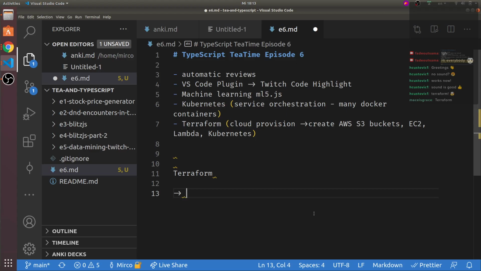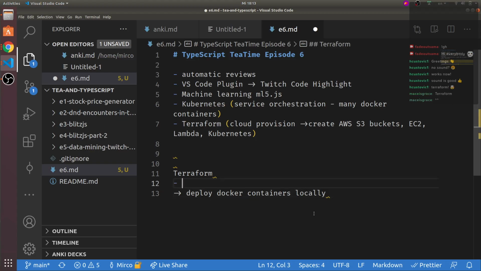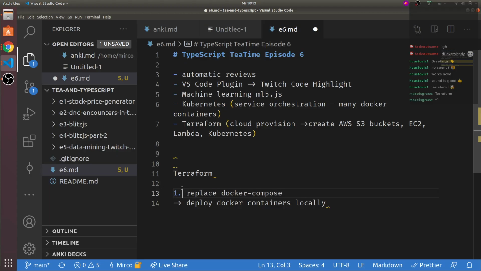So one thing that I did already, so I have at least a reference, is deploy Docker containers locally or from a CLI. So first off, it's kind of replace Docker Swarm or Docker Compose. Essentially, that's kind of the first step I think that we can look at, which means we deploy some Docker containers locally, say